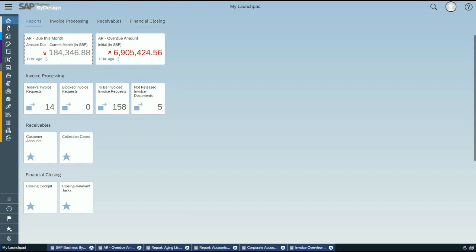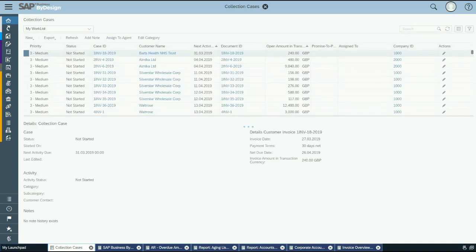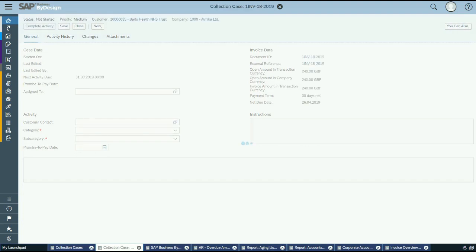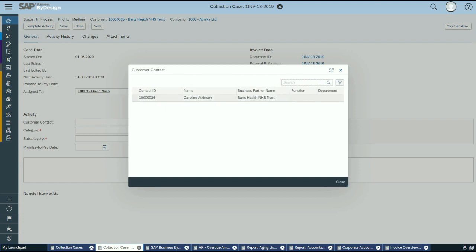Back to my launchpad. From a receivables perspective, I've got the idea of collection cases as well. For every invoice that gets created, a collection case is automatically created. So if you have customers that are having problems paying or they're late, you can mitigate that and manage those activities. If we look at this account in here, look at the case ID, we can see the invoice information and when the next activity is due. So we know it's due now, the 31st of the 3rd. And we can then put some activities against this,